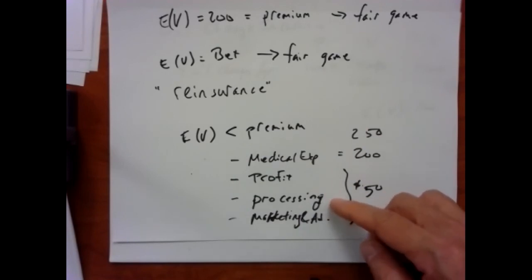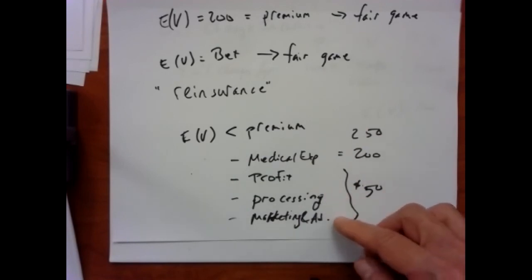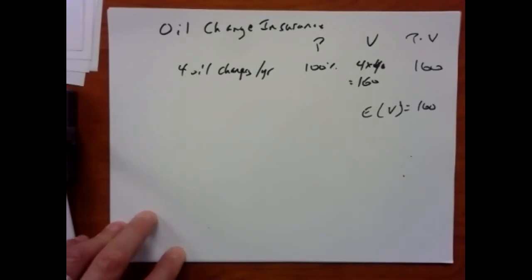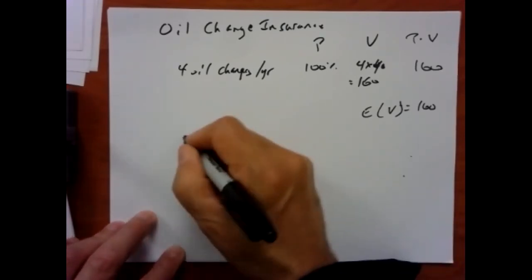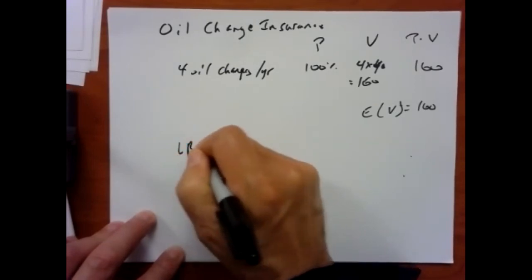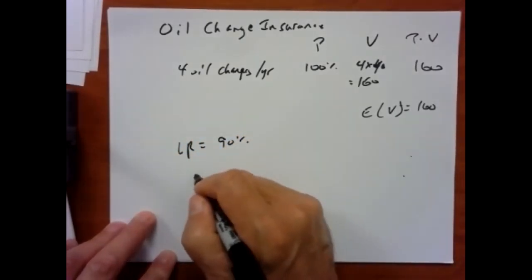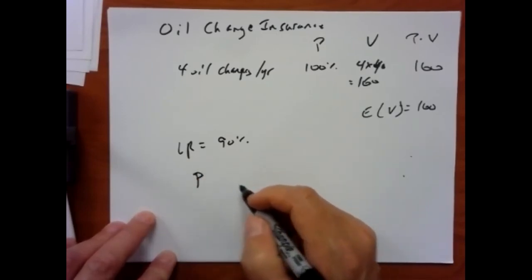So there's a processing cost, and then in order to make sure that everybody knows that I have this product out there, I have to advertise it, so there's going to be an advertising cost. So let's say I can operate on a relatively small margin. My loss ratio can be pretty high. Let's assume that my loss ratio is 90%, right? Then my premium is going to be